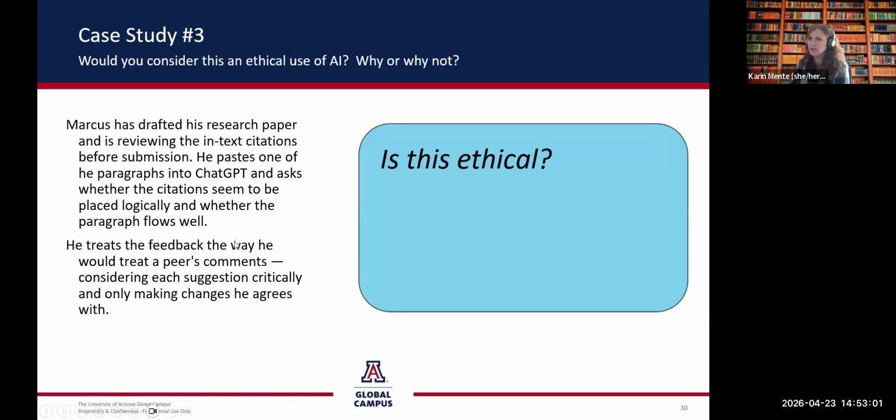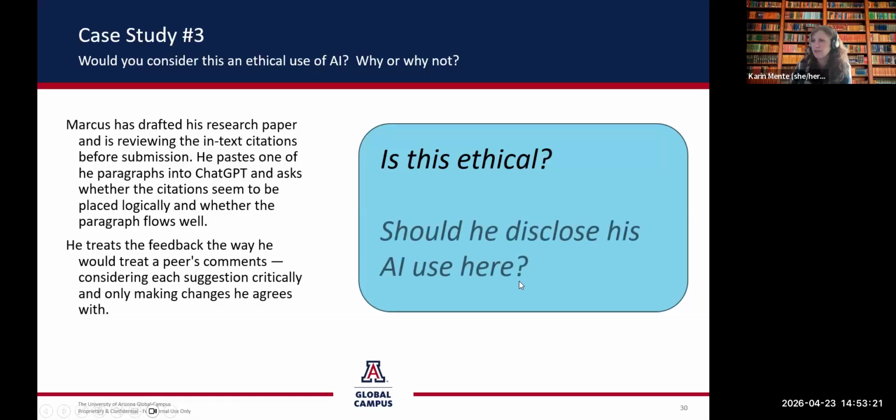What do we think? So he took his writing, and really he's just looking for help with APA, those in-text citations. But ChatGPT gave him some feedback, and now I don't know. Some of us say yes, some of us say no. Oftentimes we all feel differently. We have different comfort levels with some of these questions.